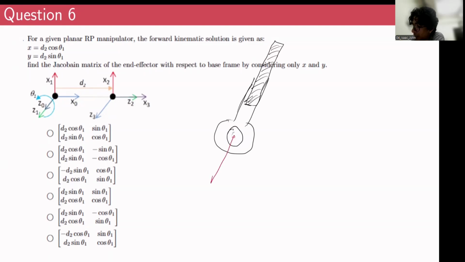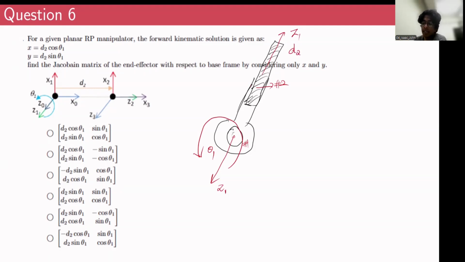The rotary joint is perpendicular to the board, maybe Z1, and this prismatic joint will slide back and forth. I'll label the first link as link 1 and this as link 2. The first link rotates about the z-axis by an angle θ1, and the second link moves to and fro by a linear unit d2,